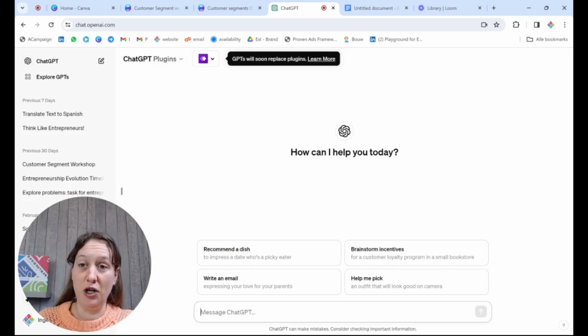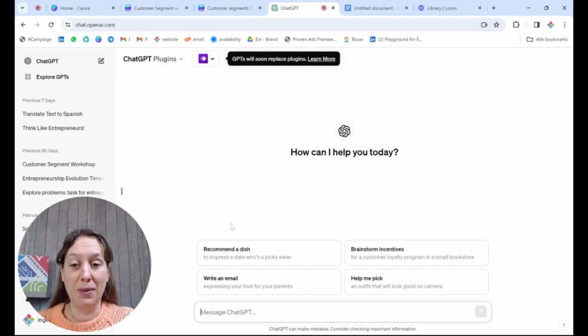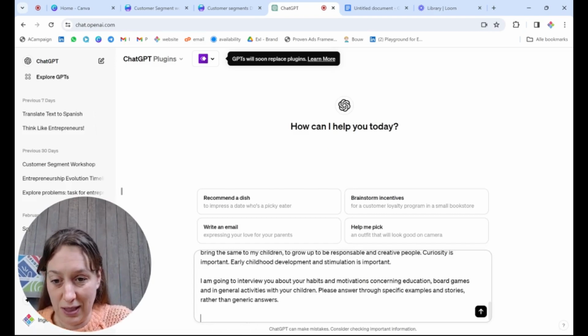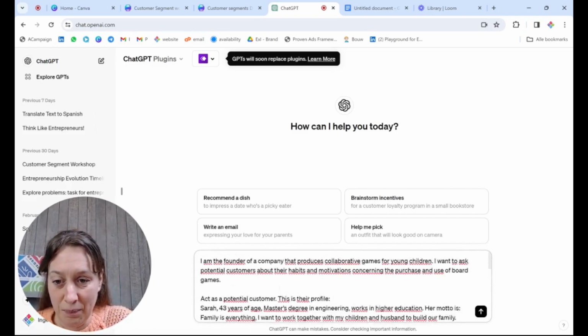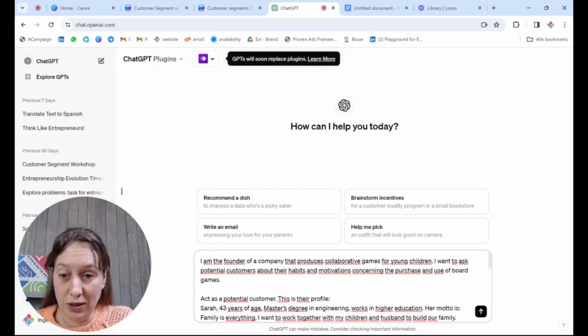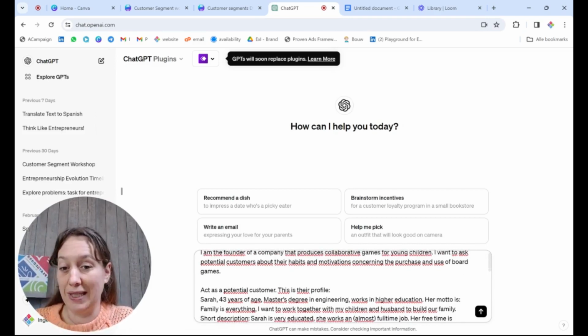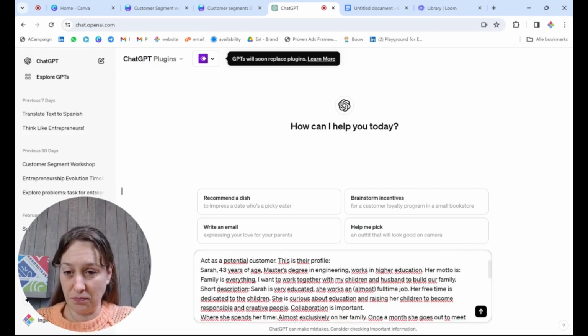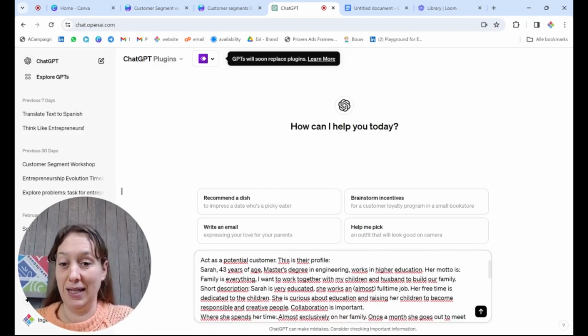I literally copy pasted it from the template into the text, and to save time I've done that already. So first I'm explaining I'm the founder of a company that produces collaborative games for young children, and I want to explore the habits and motivations concerning the purchase and use of board games for my potential customers. So act as a potential customer.